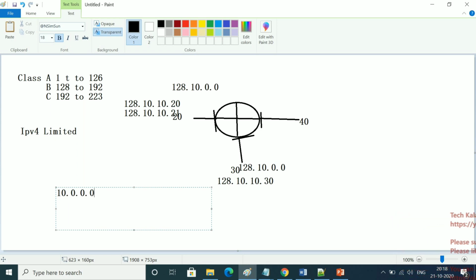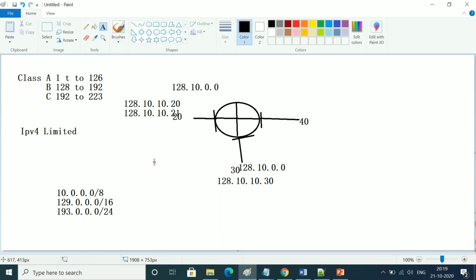Let me first write, then I will explain. 129.0.0.0, and then 193.0.0.0. Now you can see these are the networks.